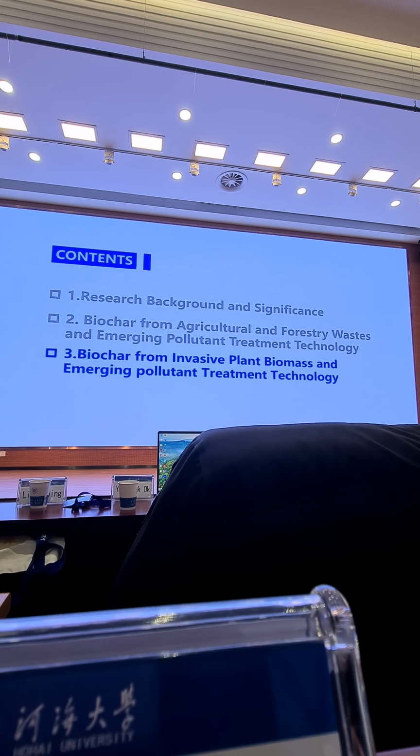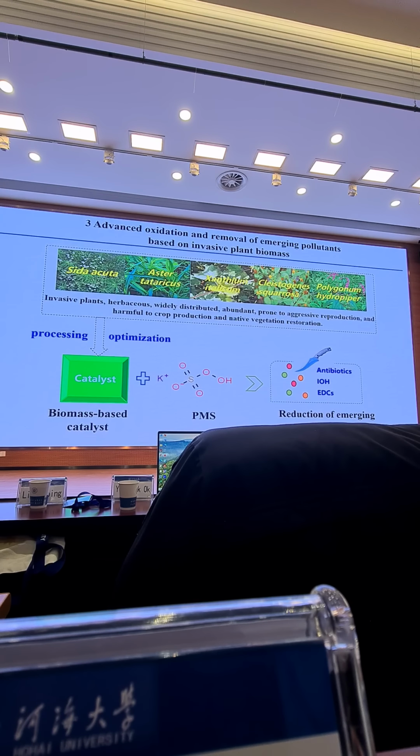So we are looking into how we can, based on the invasive plant biomass, several invasive plant herbs, basically the weeds, widely distributed, abundant, at the same time aggressively reproducing and harmful to crop production and native vegetation restoration. A lot of restoration projects have failed because we have no way to actively control those